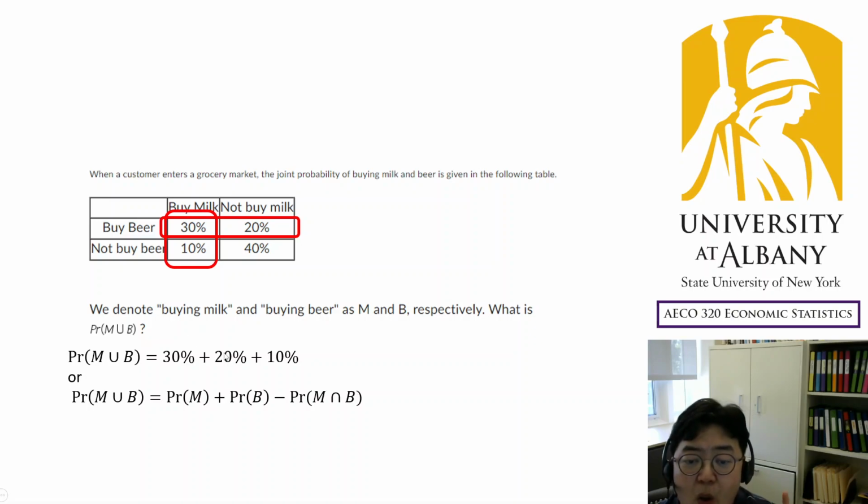Pretty simple. Or if you wanted to use some formula, you may do this, but it is not efficient here because anyhow you have to calculate this probability by adding these two, and calculate this probability by adding these two, and subtract another probability like that. But basically the same process. You would like to add 3 types just once. So both are correct, but it's not a good use of the addition rule. I'm just telling you because some of you may think they need to use the formula, but you don't need to. Okay.